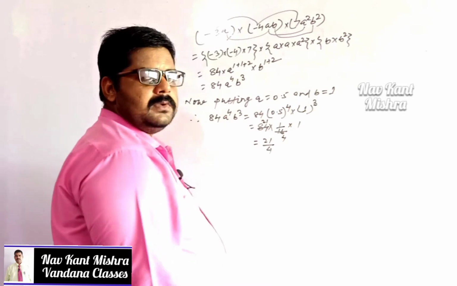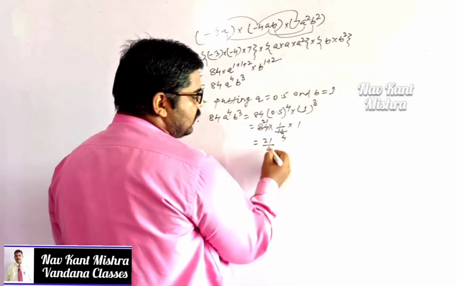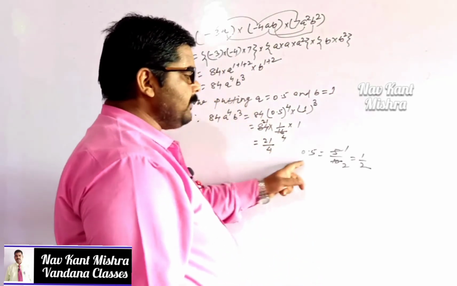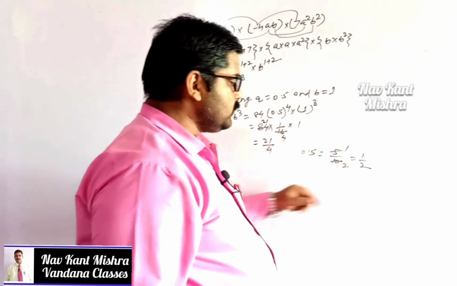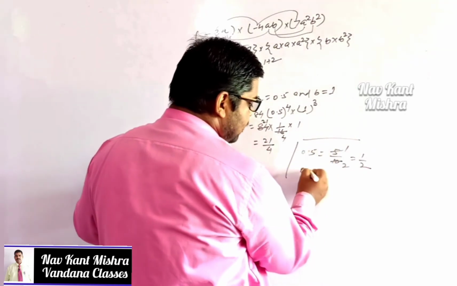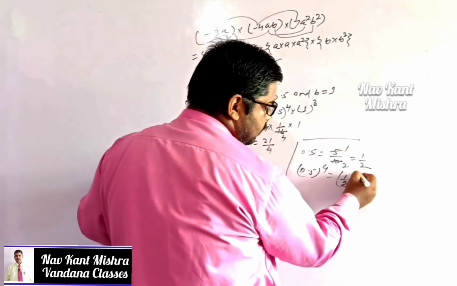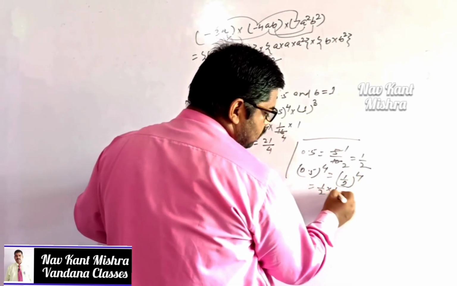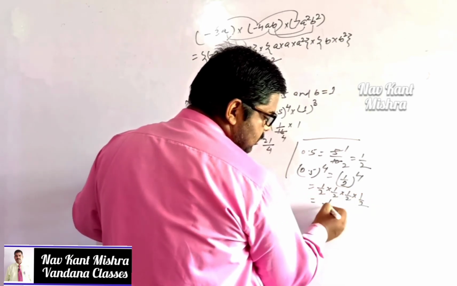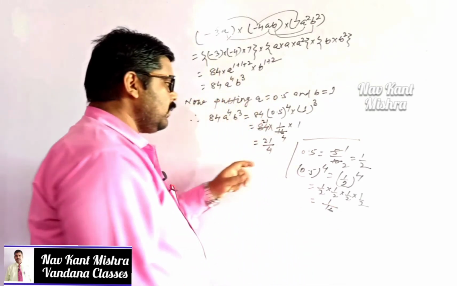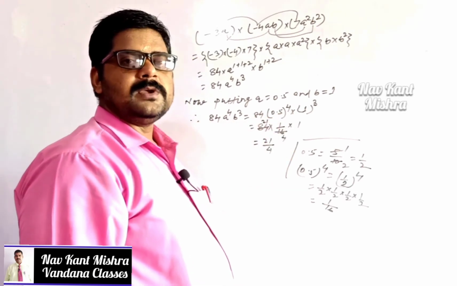and when I put the value of a is equal to 0.5 and b is equal to 1, then result is 21 upon 4. 0.5 means 1 upon 2. So in place of 0.5 you may write 1 upon 2. And in this question it has given that 0.5 to the power 4, it means actually 1 upon 2 to the power 4, and that means 1 upon 2 into 1 upon 2 into 1 upon 2 into 1 upon 2, and it can be written as 1 upon 16. So you have to put 1 upon 16 in place of 0.5 to the power 4.